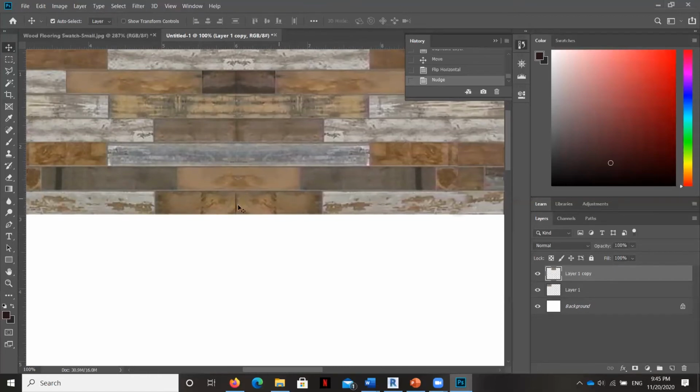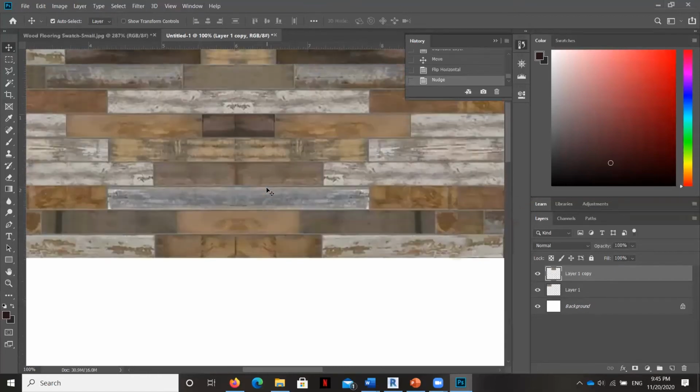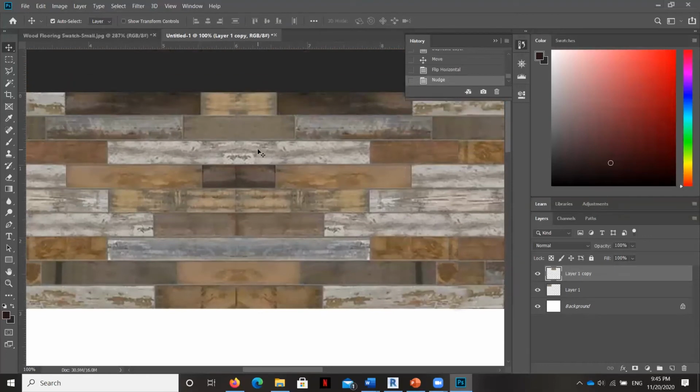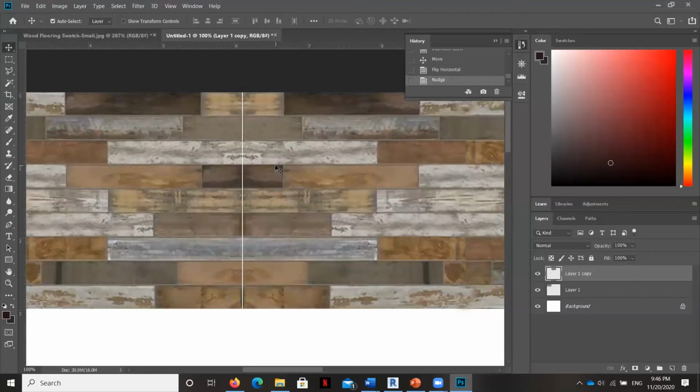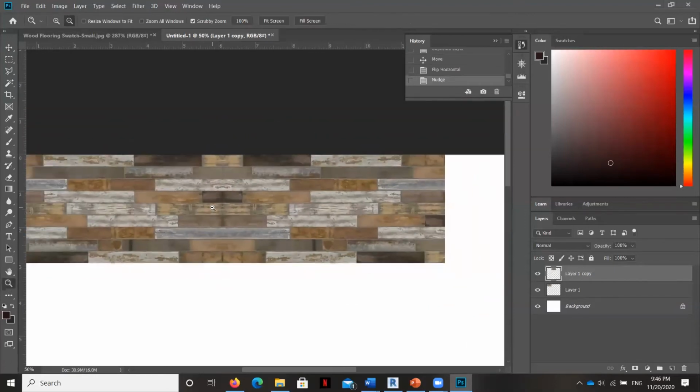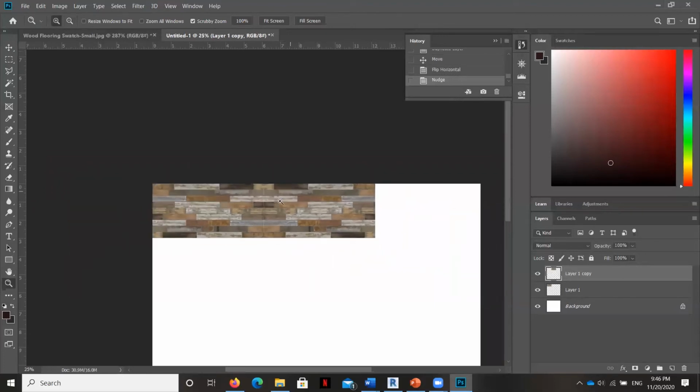And you've got to be real careful. But again, there's still some things that need to be buffed out a little bit with the clone stamp tool to get rid of that seam. And then maybe I can copy it again and finesse these things. What I need to be careful of is once I've created this row, I'm going to have to switch it up. Otherwise, we're going to see this repeating, and that's almost as bad as tiling. So I'm going to pause for a second and work on this a little bit.